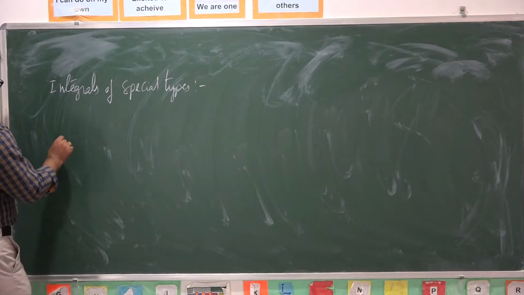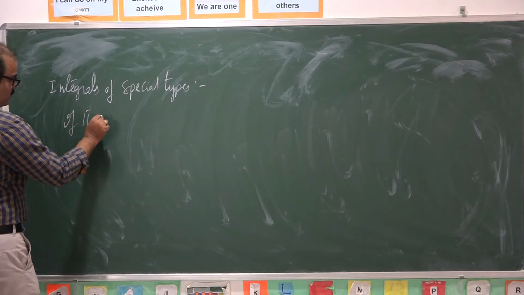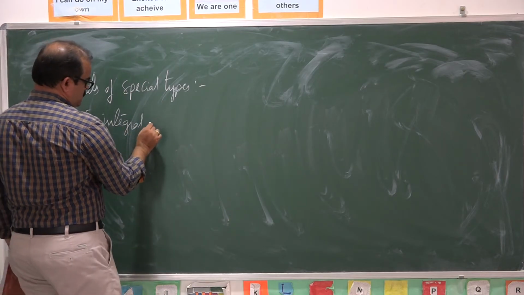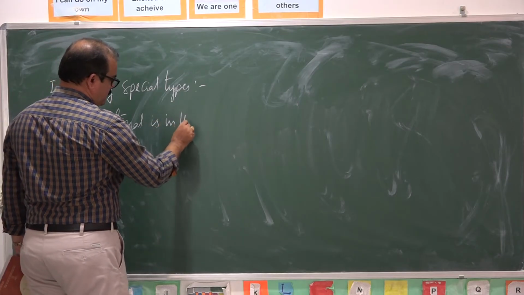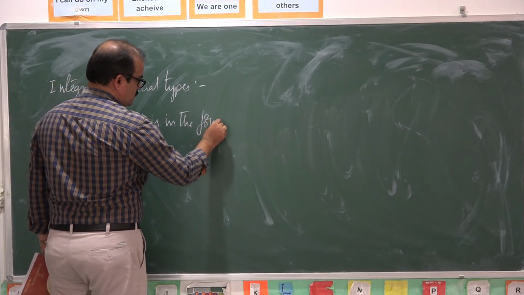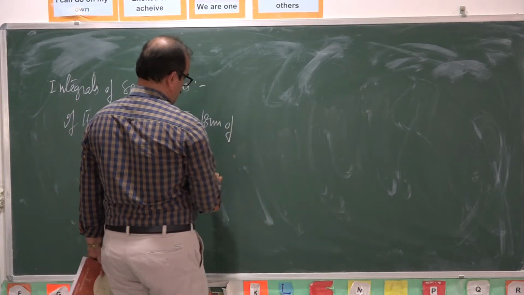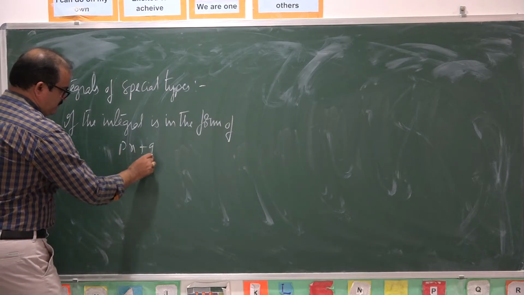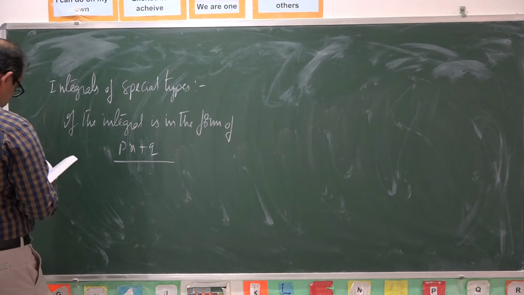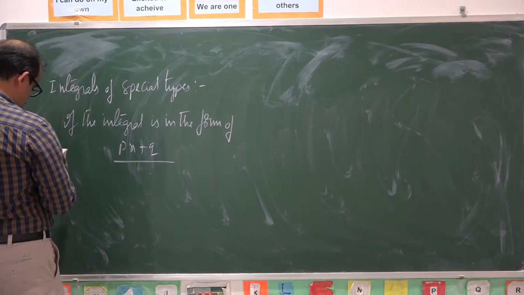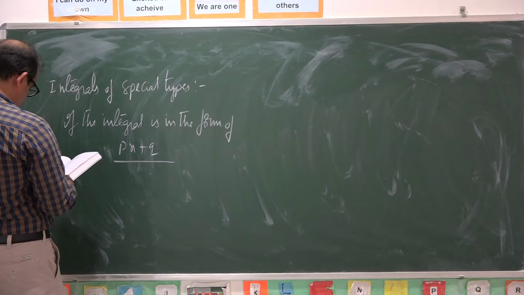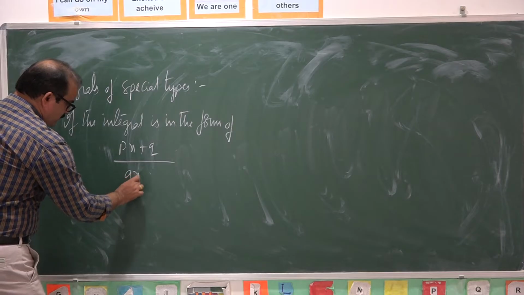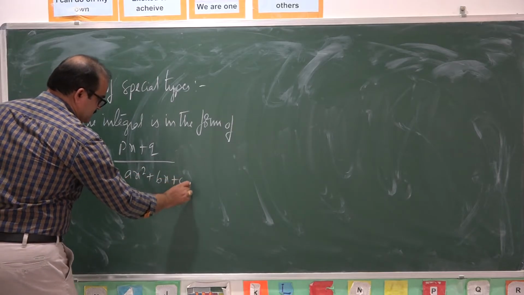If the integral is in the form of (px + q) by (ax square plus bx plus c) into dx, or